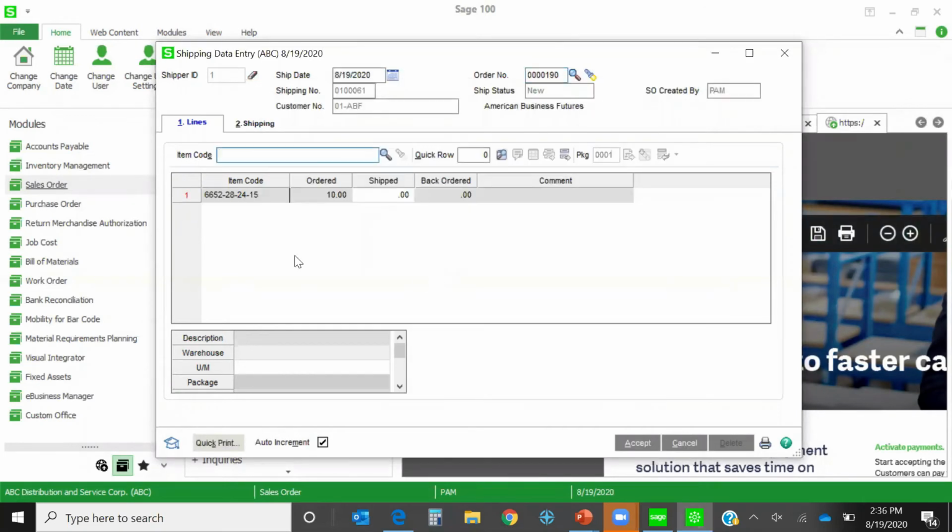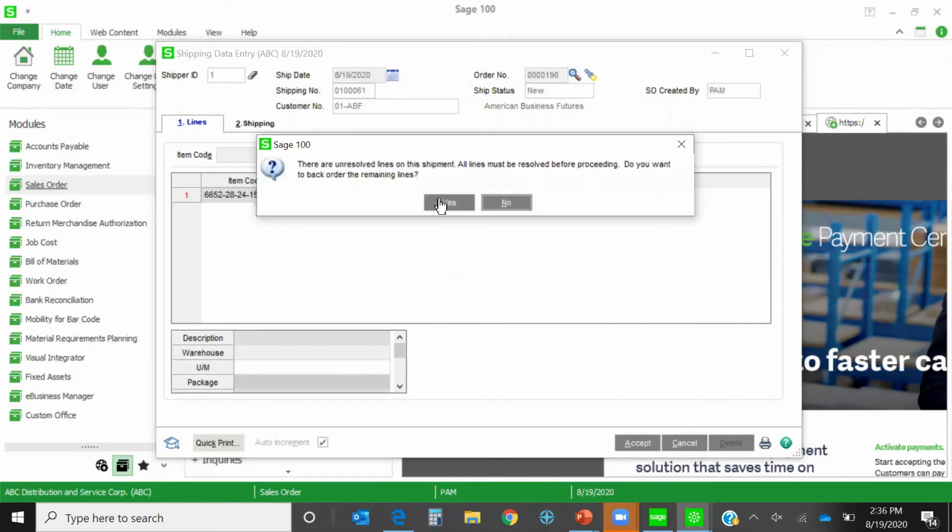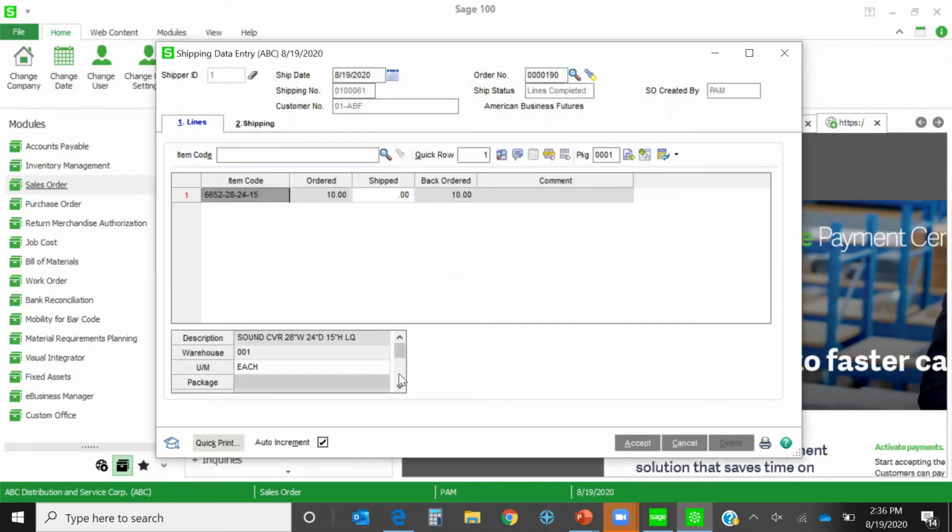Let me just grab one of these, and it'll show what that item is. I'm going to go to the shipping tab. There are unresolved lines, and they have package information and line information that they're going to fill out. And then once they have finished this shipping information,